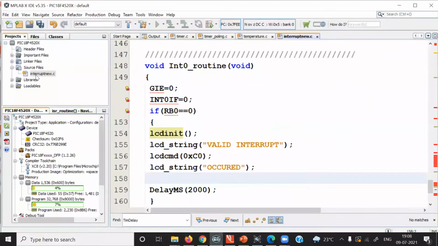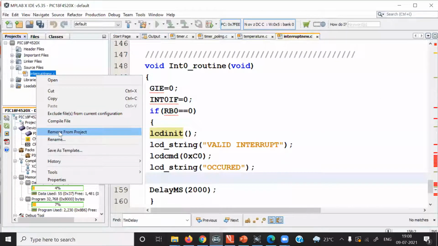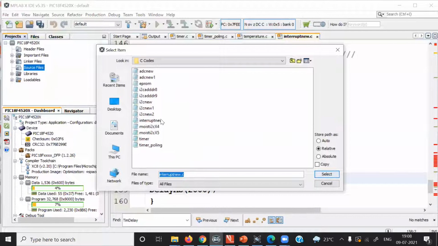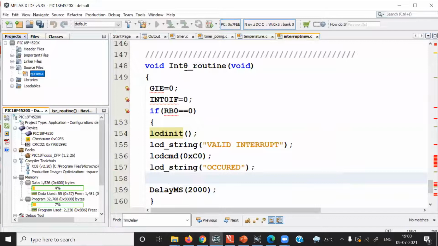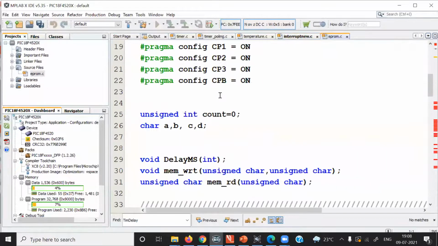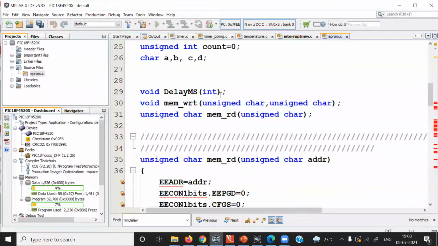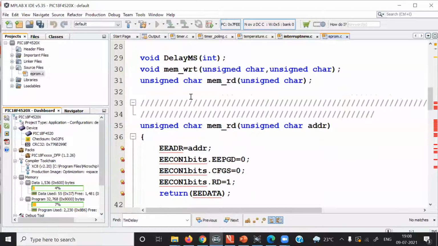So let me quickly open the program. I will take a few minutes to discuss this program. The first part of the code is exactly similar to our previous codes. I have written here two different functions. The delay function is similar to our previous programs.